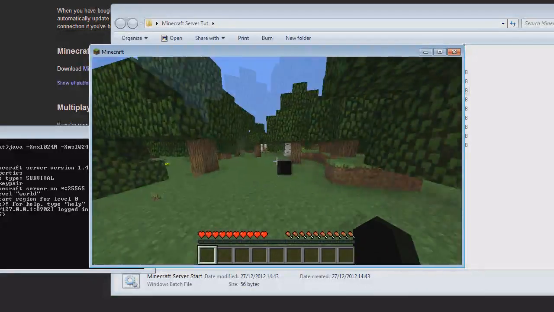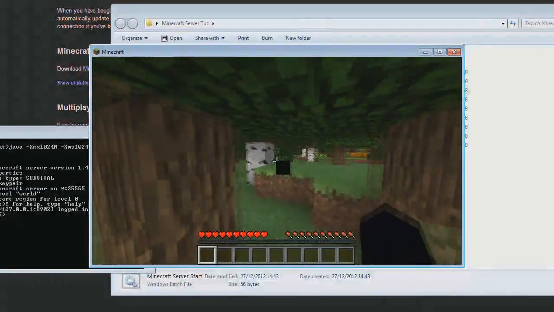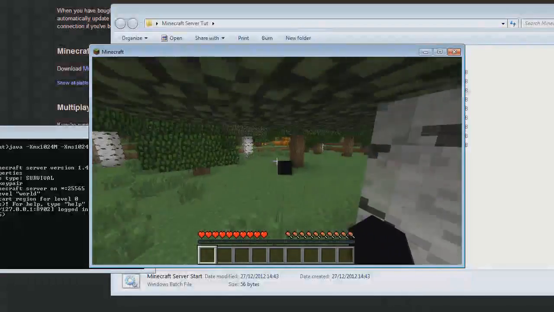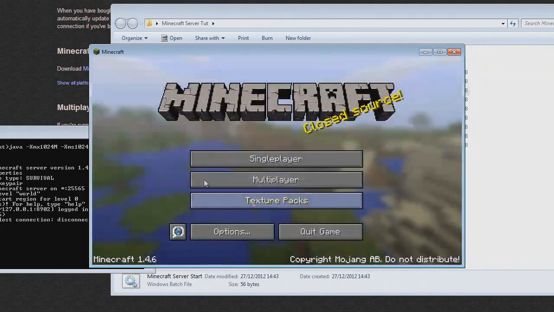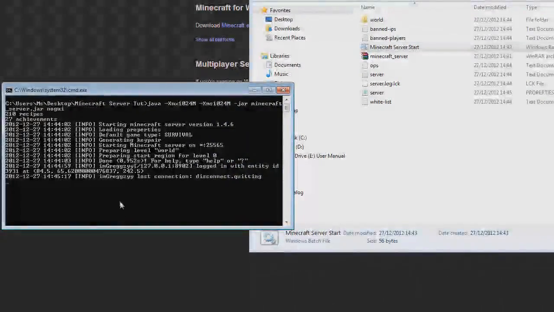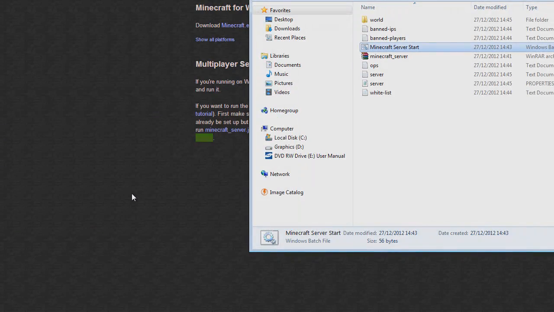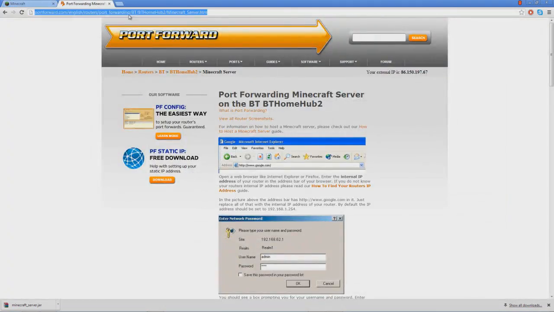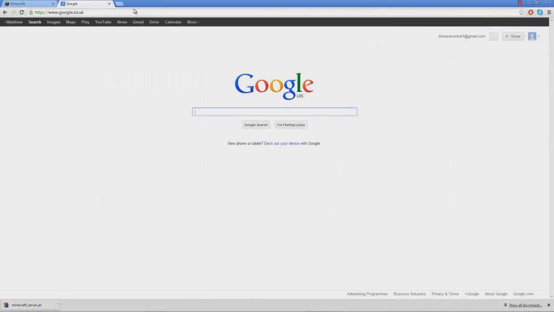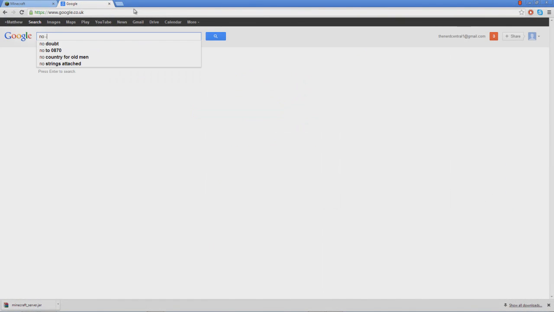Only problem now is your friends can't yet access it because you haven't told them your IP or how to connect to you. So I'll just disconnect out of there, close it off, and I'm going to type in stop to this box so it stops the server running. You want to come up to your internet and you want to go to Google, type in no-IP